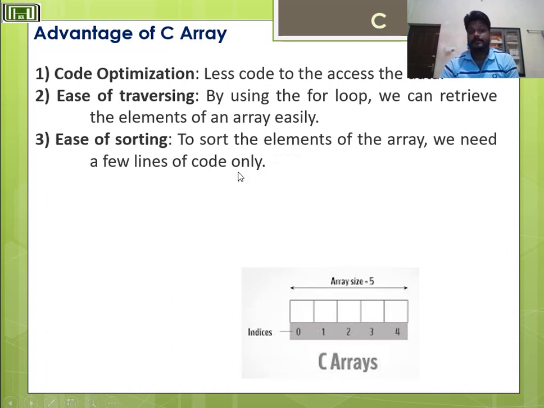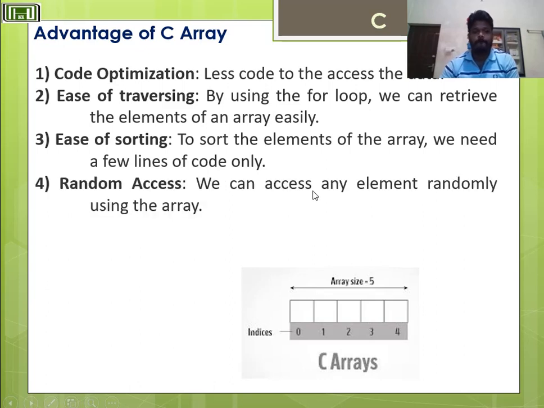So it is easy to store elements using the array using a simple code. Now, for the properties, random access. We can access any element randomly using the array. Advantages of array, fourth one, random access. We can access any element randomly using